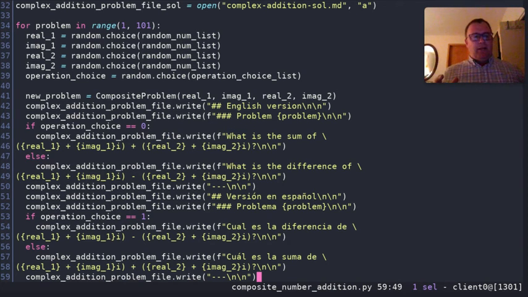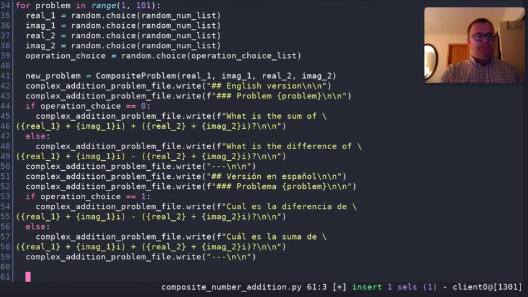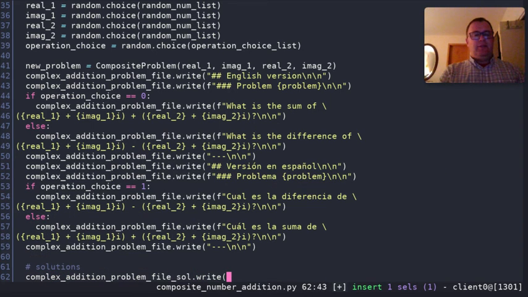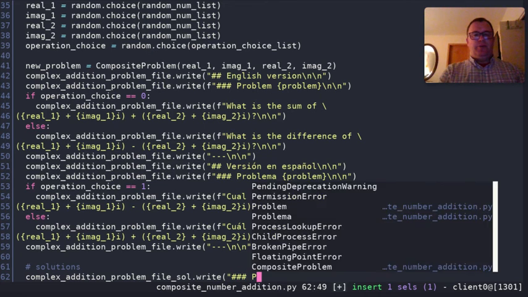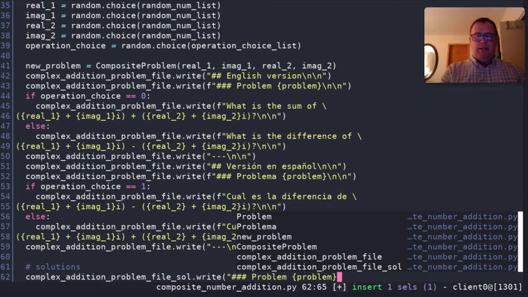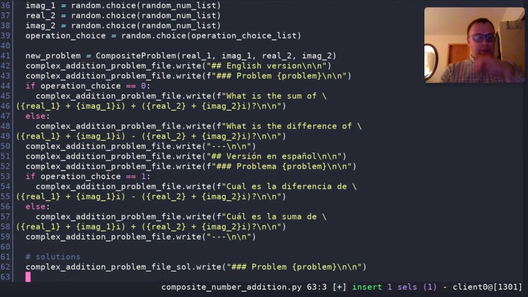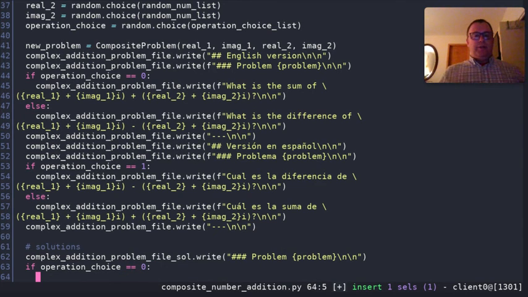And now what I need to do is now let's create the solutions. Okay, so let's go back here and make a comment, solutions. Okay, and what I'm going to do is now write the solutions. Okay, so let's do complex problem file solution.write, and we're going to first want to do the problem number. So problem, and we'll do problem, and then do a /n/n. Okay, and okay, so now we want to do the solution if we have the choicing equal to 0. So if operation choice, if that equals 0, then what we're going to do is we are going to,